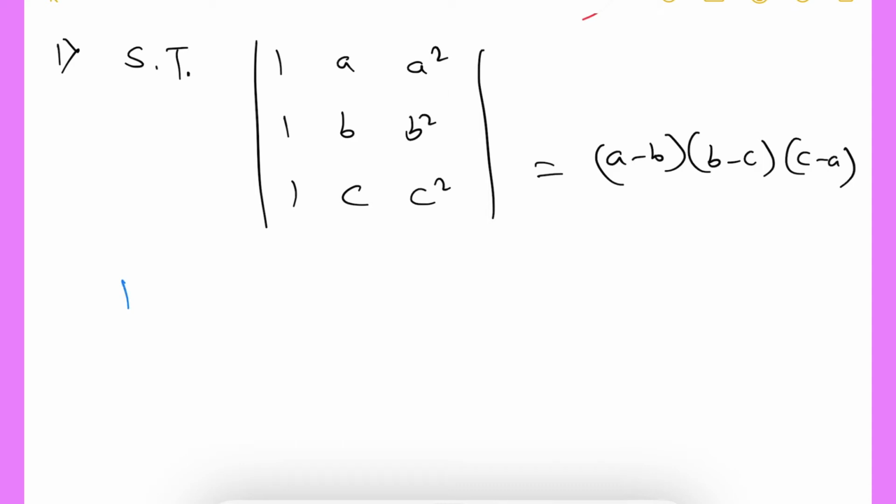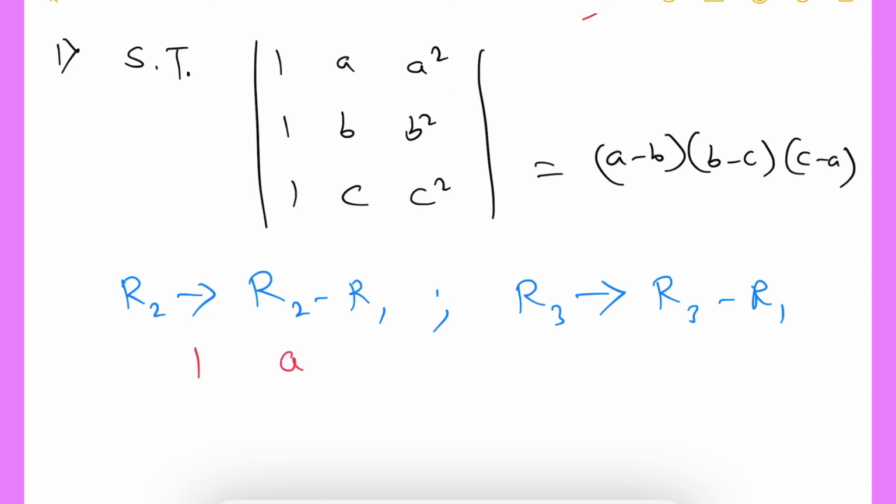First, the total second row I will try to change. That total second row I will write as R2 minus R1. The same way the total third row also I will change, writing it as R3 minus R1. Let us check now. What does it mean? The first row I am not changing anything, so write the first row as it is, 1, a, a square. First row completed. Now the condition: second row I will write as R2 minus R1, second row minus first row.